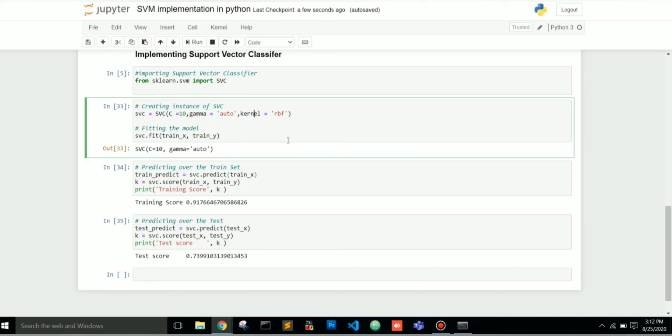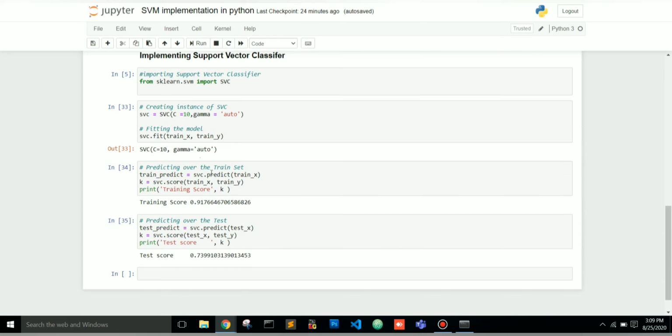You typically don't know which kernel may work best. I recommend starting with the simplest first, if you don't know much about your data, and you work your way up towards the more complex hypothesis space. The linear kernel works fine if your dataset is linearly separable. Here I have used the RBF kernel. You can try linear, polynomial or sigmoid kernel as per your dataset. The type of kernel we use totally depends on our data.